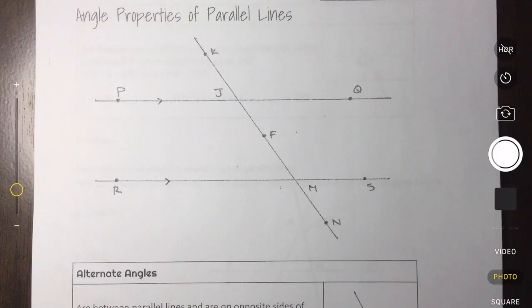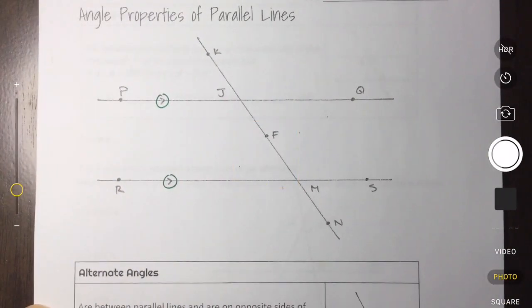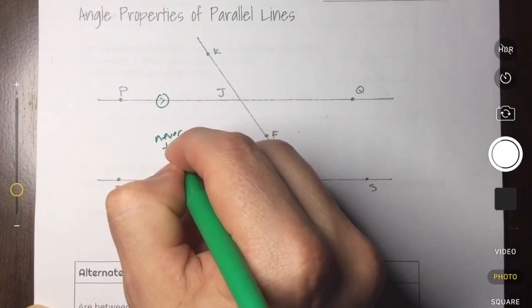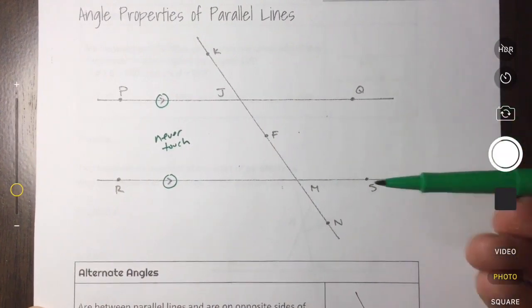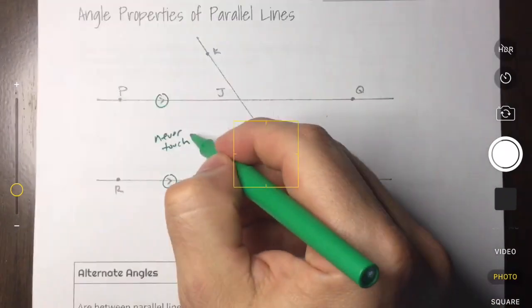Before we get started on properties of parallel lines, let's just take a look at our diagram of a set of parallel lines, just so that we can confirm and make sure that we understand how these parallel lines work and how they are marked off. So first thing we need to make note of are these two little arrows. These two little arrows mean that these lines are parallel, and this means that these lines will never touch and that they are always going to be that exact same distance apart. So these are what we're using to help us indicate that, again, they never touch and that they are